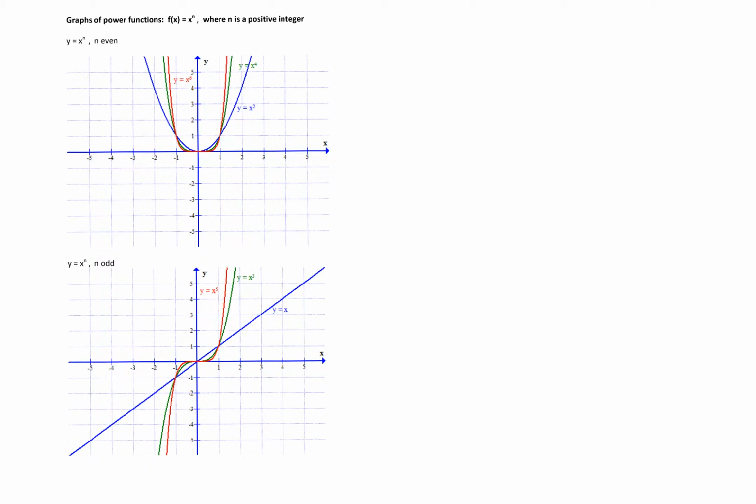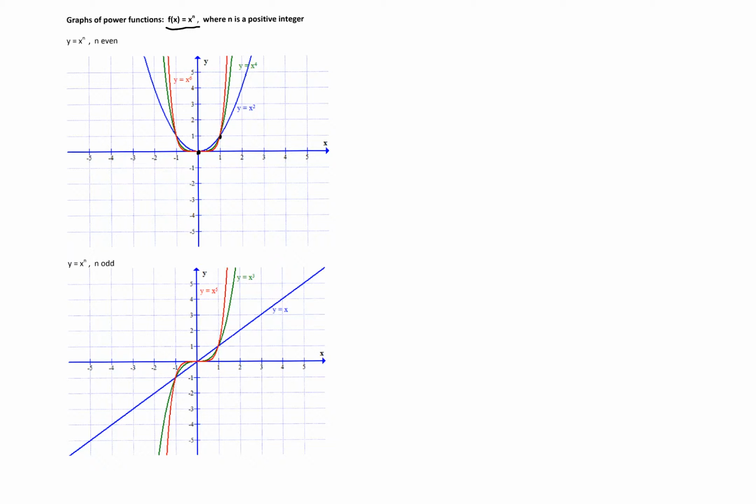A power function is a function of the form f of x equals x to the power n, where n is a positive integer. These functions can be graphed like all basic functions by plotting points. You can easily check that the point (1, 1) is on the graph, and the point (0, 0) is on the graph